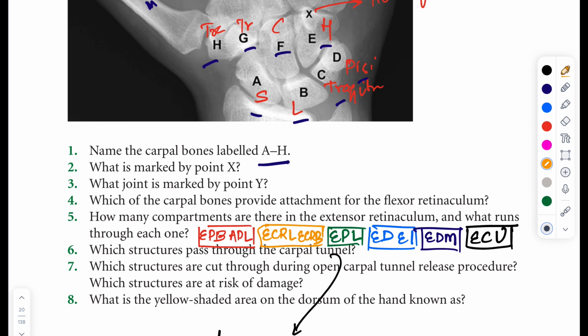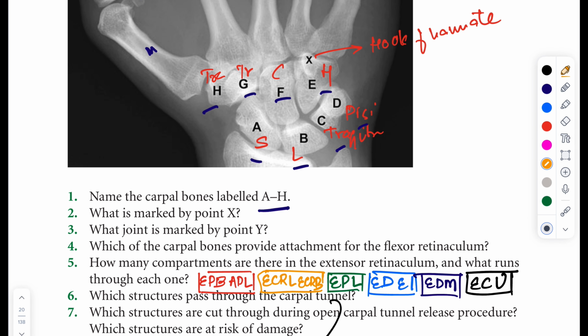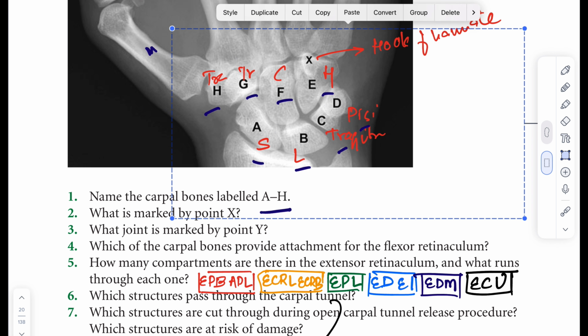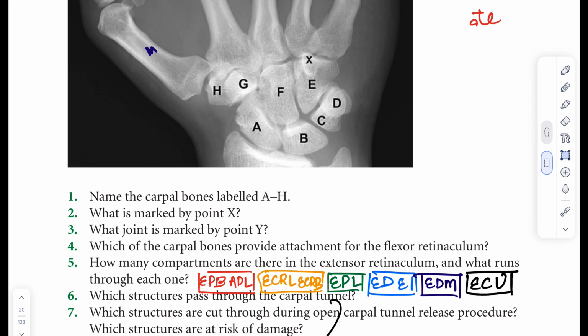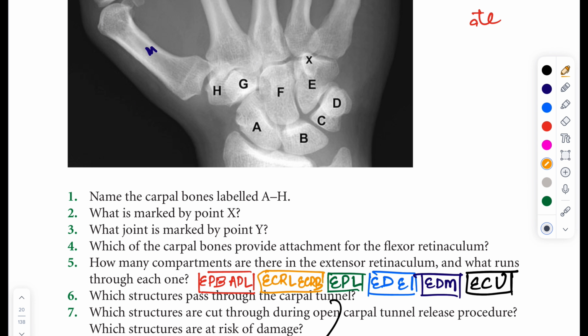Then how many compartments are there in the extensor compartment? Now when you see the extensor, there are 6 compartments. So extensor pollicis, it starts from this. If you see, this is the back of the hand. Now you see there are 6 compartments. So how to understand this? The back is always having the extensor muscles. So it is to be extensor pollicis brevis first,